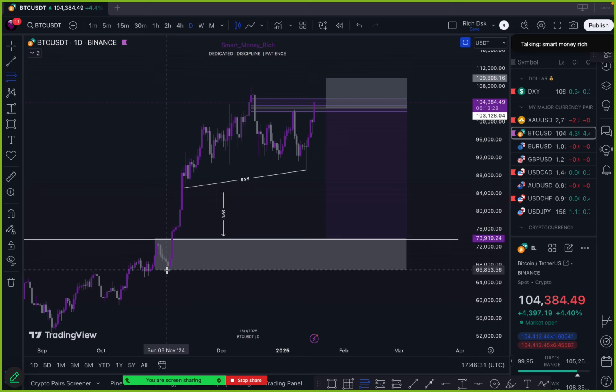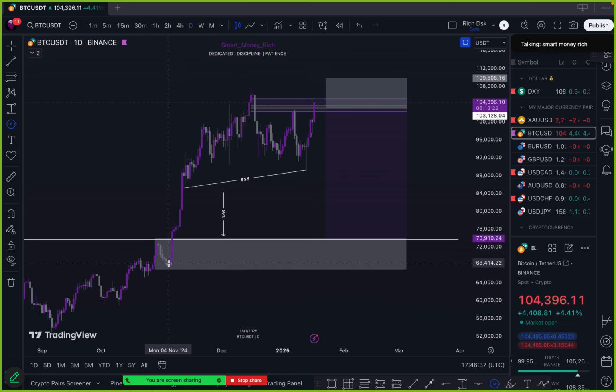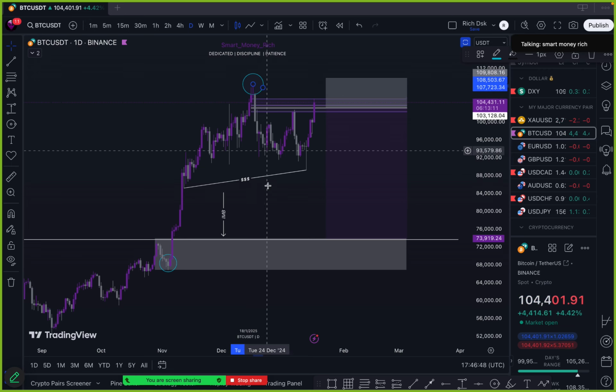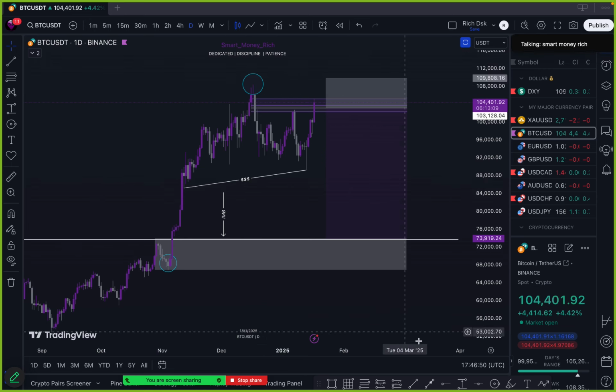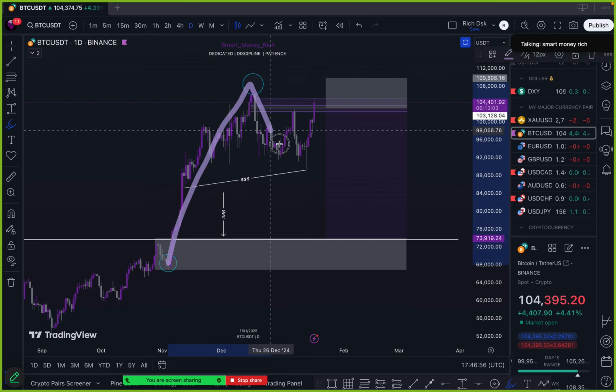We are going to fib from this low point, the very low where the impulse started, and all the way to the very high where the impulse ended and then the pullback kicked in. So in this case, this is where the impulse started and then this is where the pullback